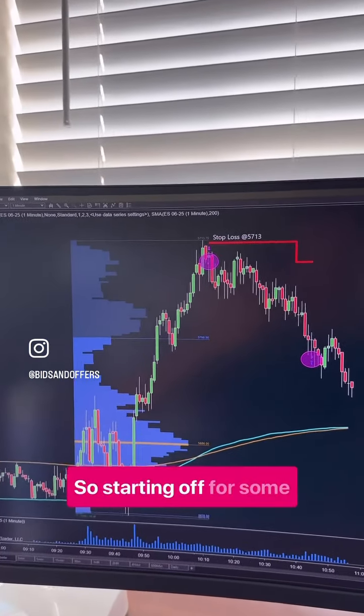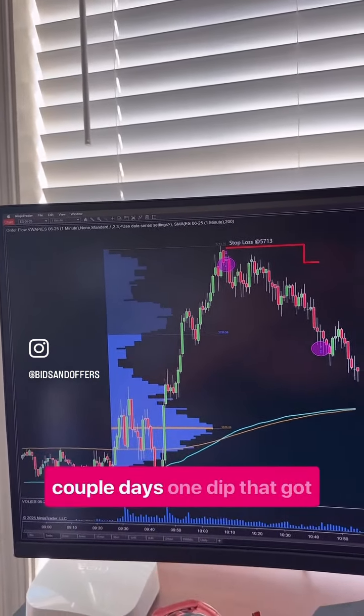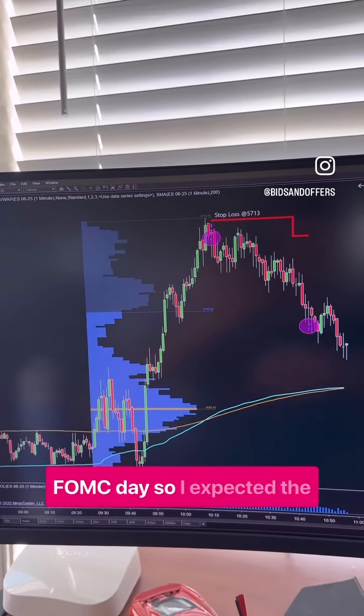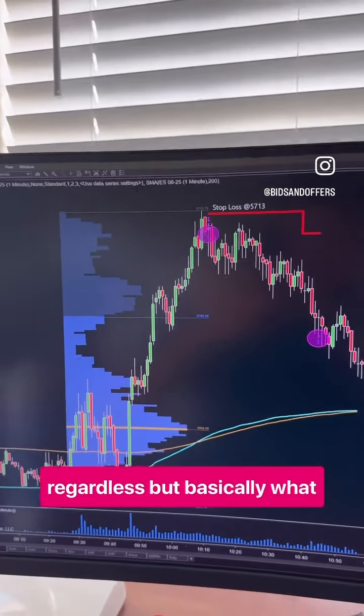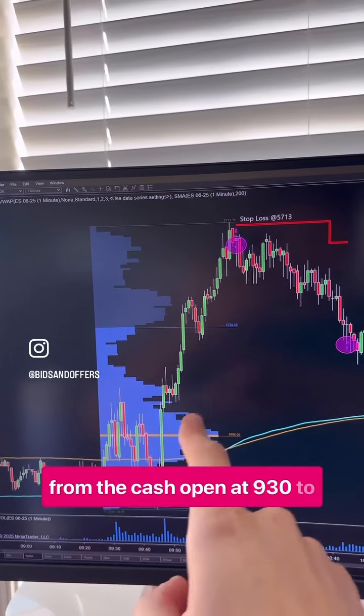Starting off, for some market context, we've had a nice, decent rally up the last couple of days, one dip that got bought back up, and today is FOMC day, so I expected the volatility to be lower today regardless. But basically, what I saw, I drew a volume profile from the cash open at 9:30 to current market